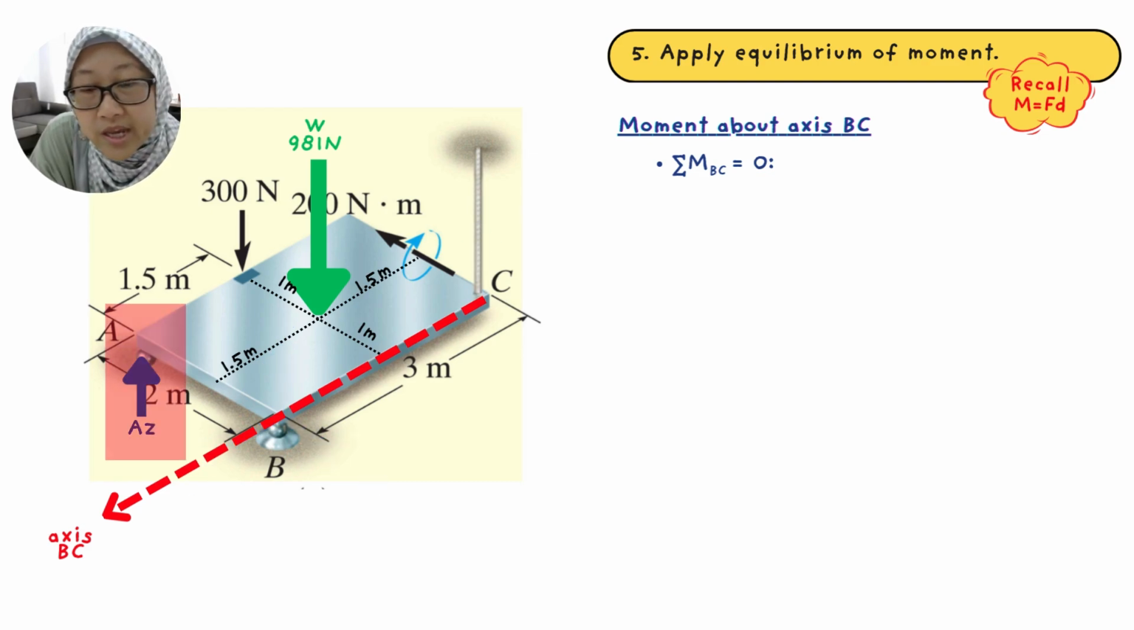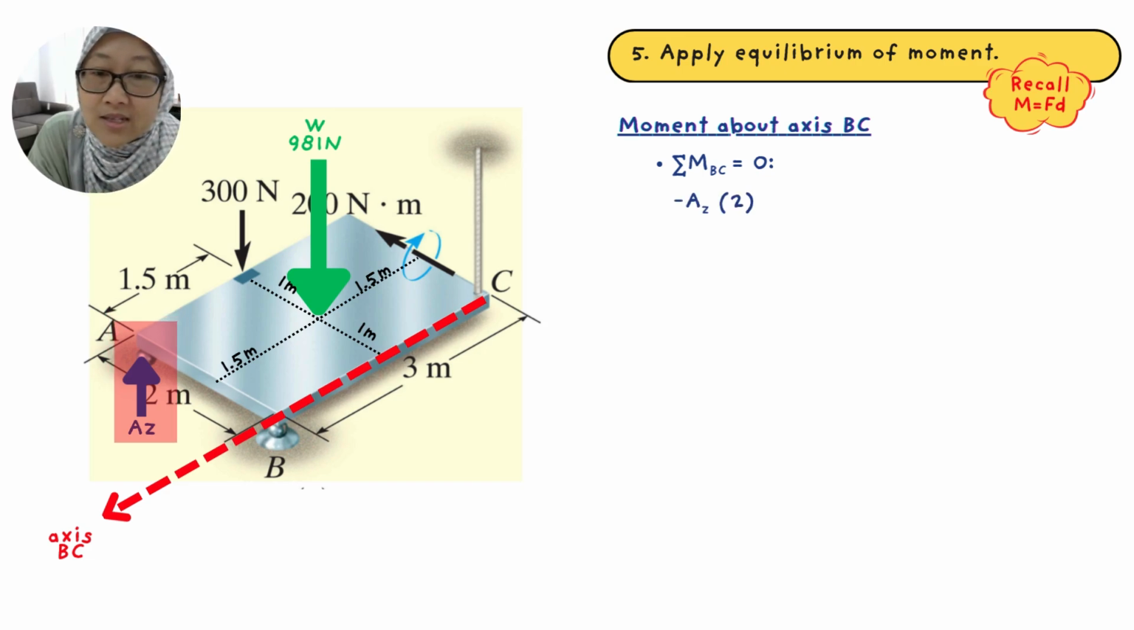Okay, so looking at AZ, it is acting at a distance of 2 meters from the rotation axis. And using your right hand rule, you can see your thumb is actually pointed to the negative BC axis. So therefore, in our equation, it becomes negative. Okay, so accordingly,